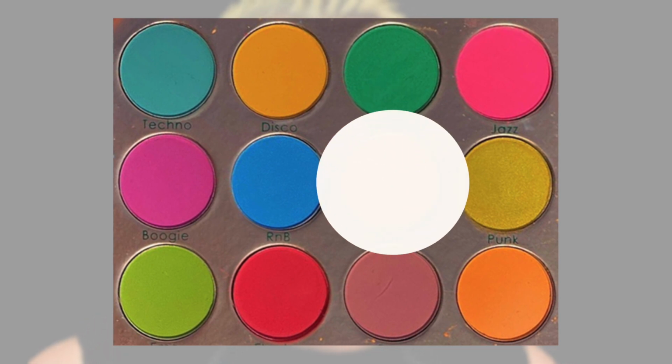That is so fun already, and I just started. It's so cute. Okay, now that I've built up Hip Hop, which is like the whiter orange on the inner corner area, I'm gonna go in with Funk now on the outer edge, and that is a fun shade. I was gonna use Funk all over the lid for the cut crease, but I wanted to give a little bit of